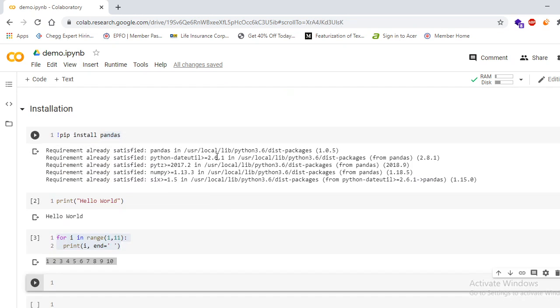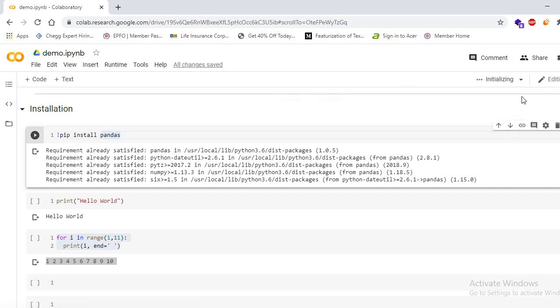Now we will see how we can. Before starting the execution, you have to click this drop down button, and you have to click on connect to hosted runtime. There are two options: connect to hosted runtime and connect to local runtime. You have to click on connect to hosted runtime, and it will get connected. It will take some time and you will be allocated some memory.